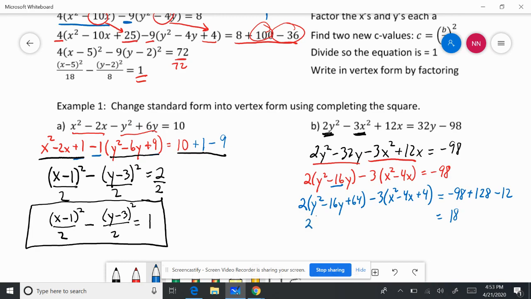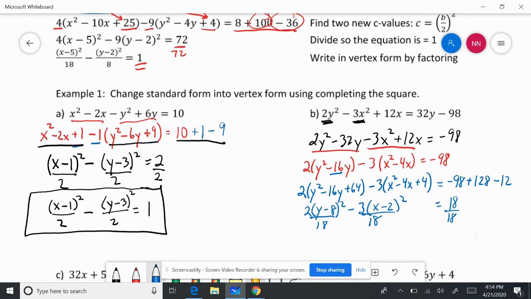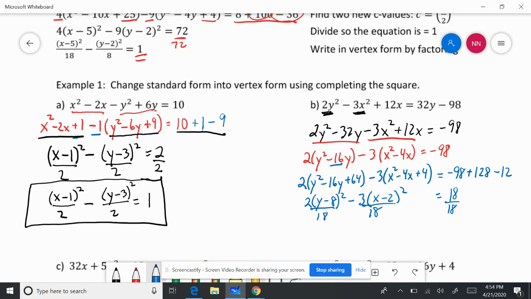And I'm going to factor it. So I have y minus 8 squared minus 3x minus 2 squared. Just like an ellipse, I'm going to set it equal to 1, so I'm dividing it by 18. And when I divide it by 18, what I get is y minus 8 squared over 9 minus x minus 2 squared over 6. And that right there